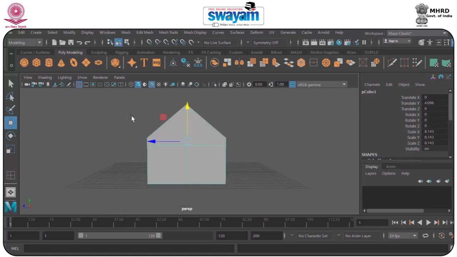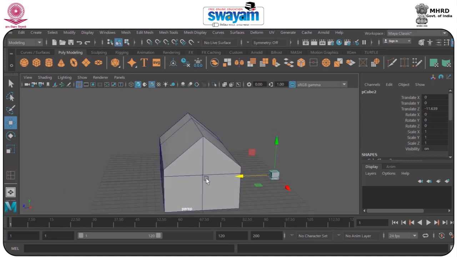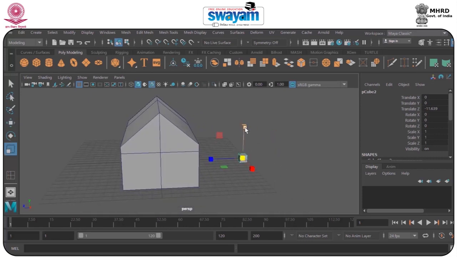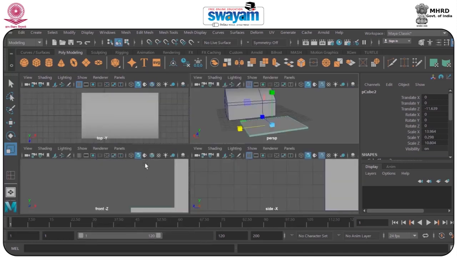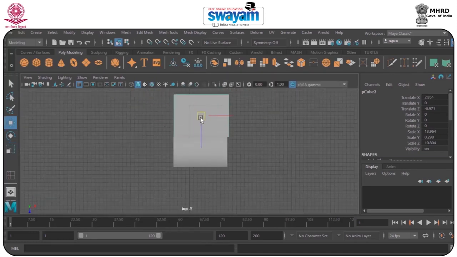So right now, what happens next, I will make a box. By default it forms in the center, no problem. Just decrease the size, increase it all over, decrease the thickness, increase it a little bit, go to the top and just manage, is it fine or not?